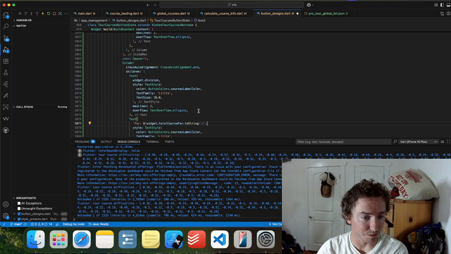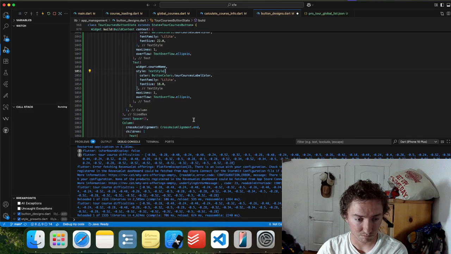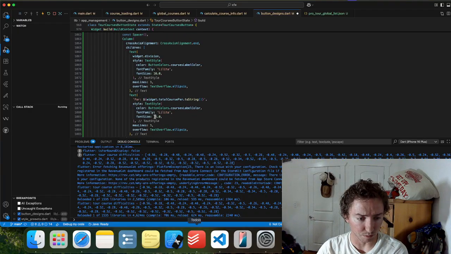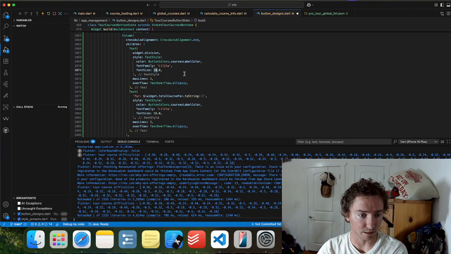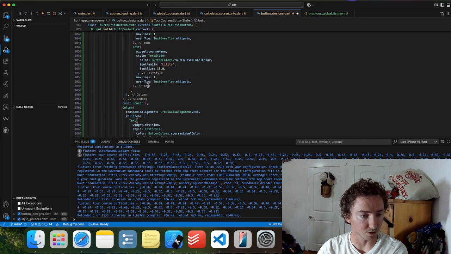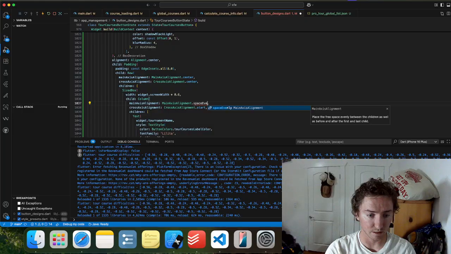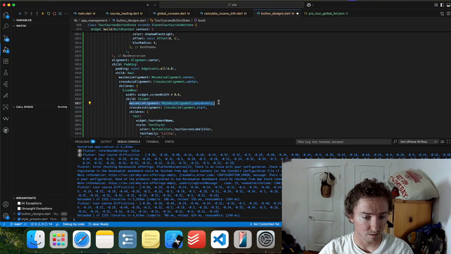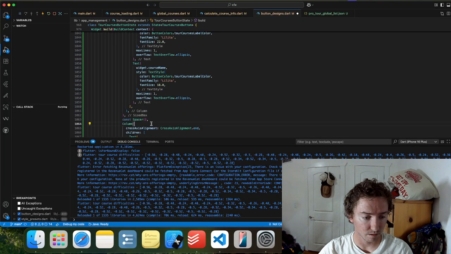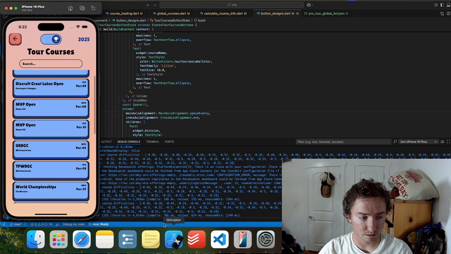So it could maybe even go a little bit bigger. We'll try 18. Let's kick the par up to 18 as well. Then we'll kick this up to 15. And then let's also do, on both of these columns, a main axis alignment space evenly. All right, and update, and